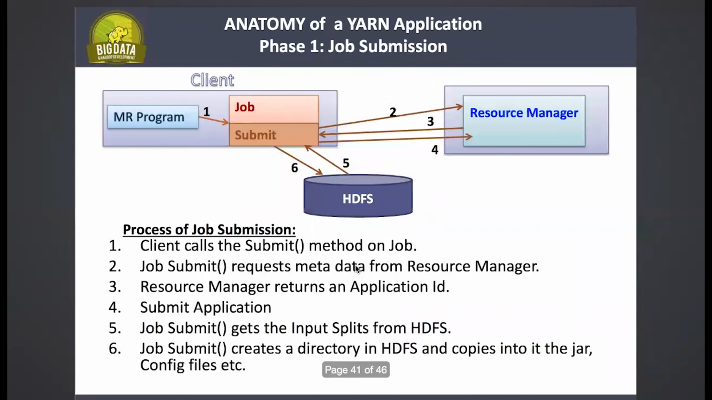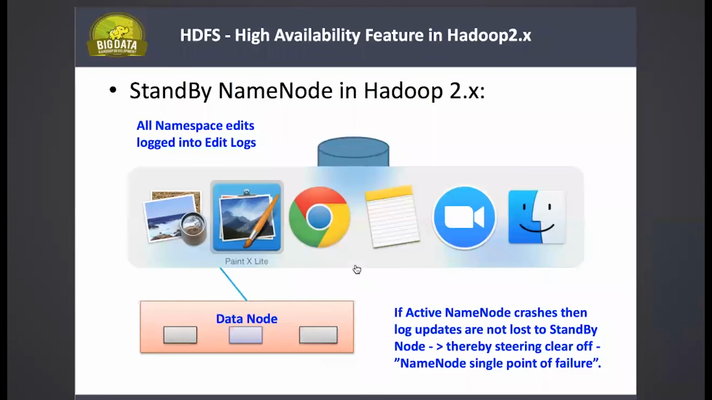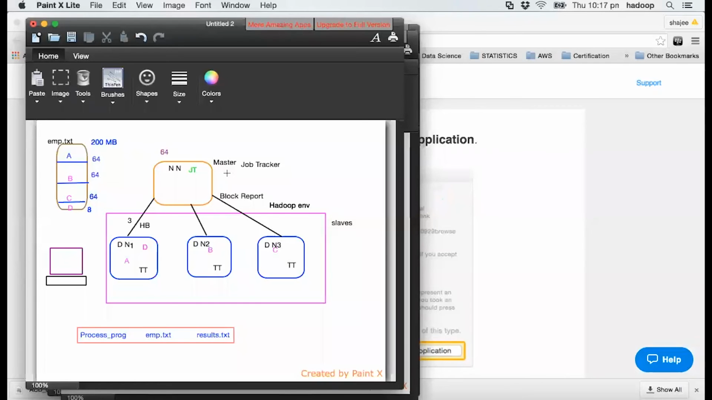Okay, so let's start with the YARN stuff. The job tracker and the task tracker which I was talking about were the Hadoop 1 version. Now we have moved to a slightly higher version of it. There were so many limitations and restrictions on the Hadoop 1 version. First and foremost was